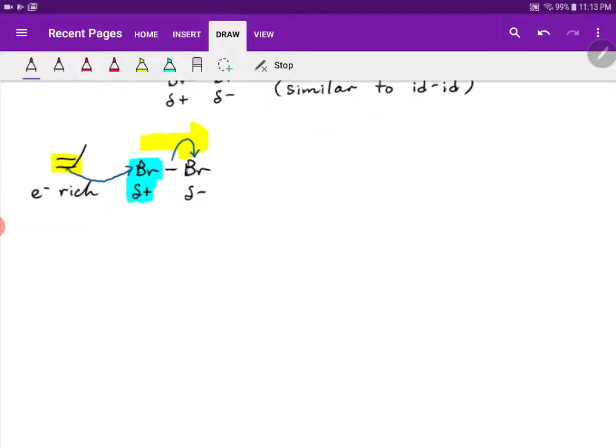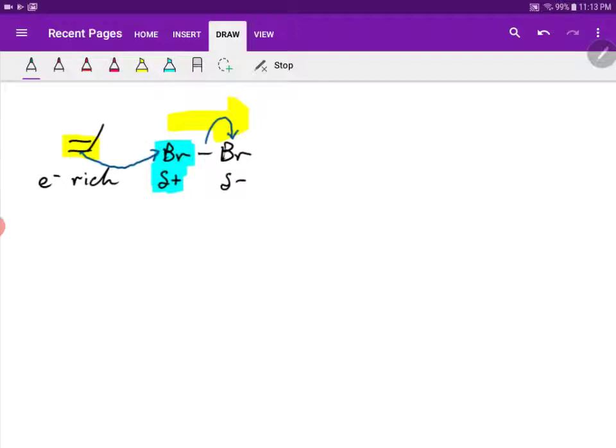Right, so we ended last lesson with this structure, and so there are two intermediates that we can form. One of them has Br connected to the left, and the carbocation is formed with the positive charge on the other carbon, whereas in the other case, our Br is connected to this carbon here, and you get a positive charge on the other end. Alright, so these are the two intermediates that we have, and we need to see which of them is